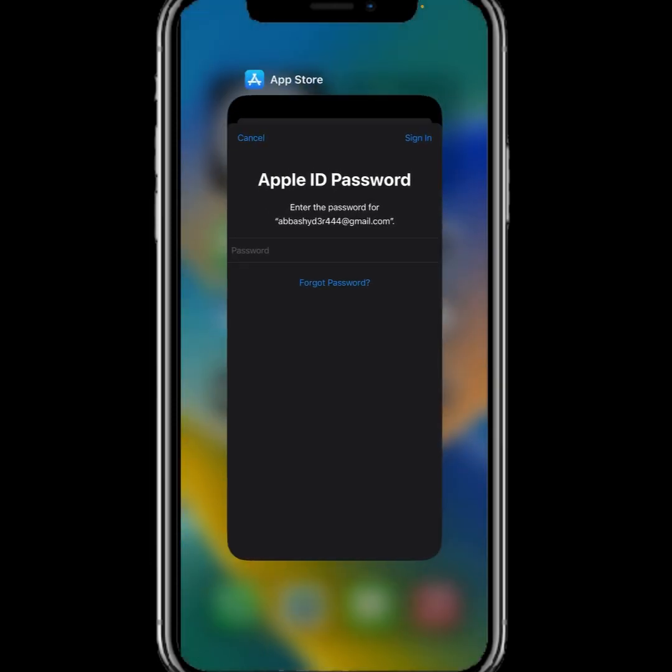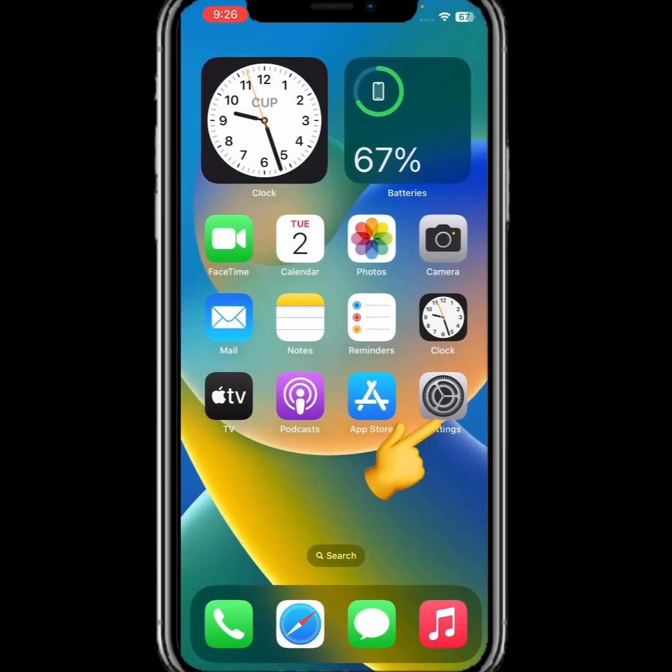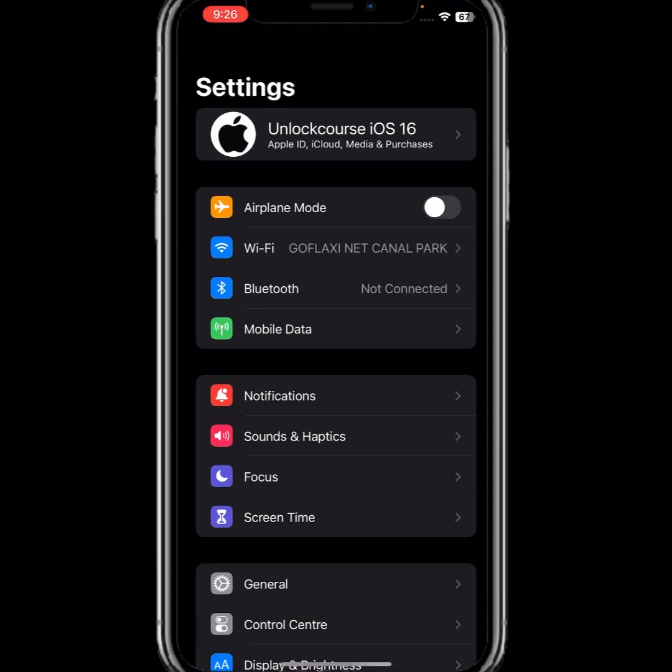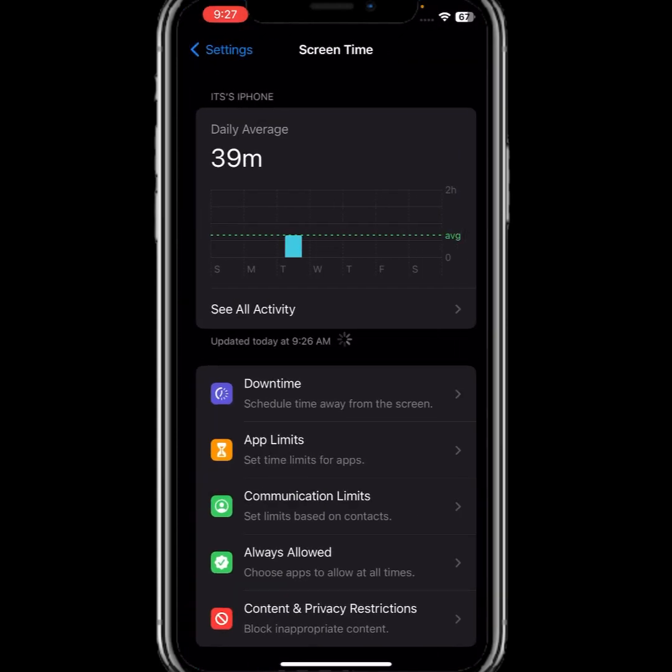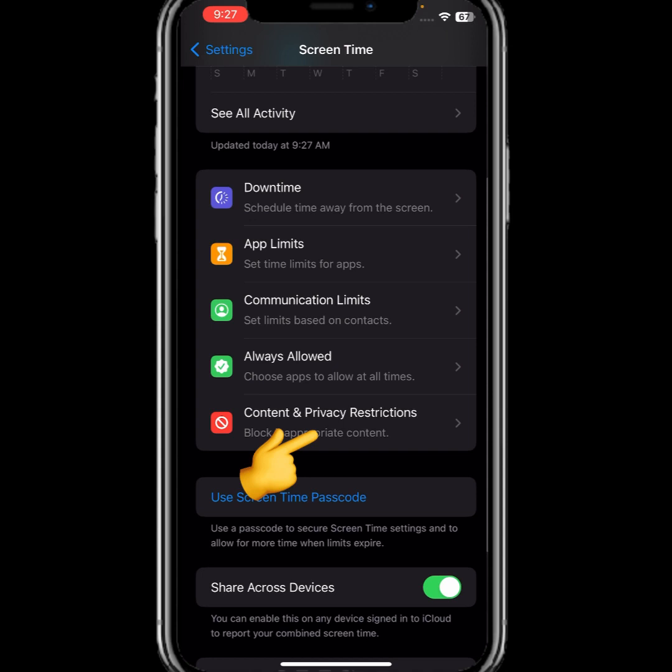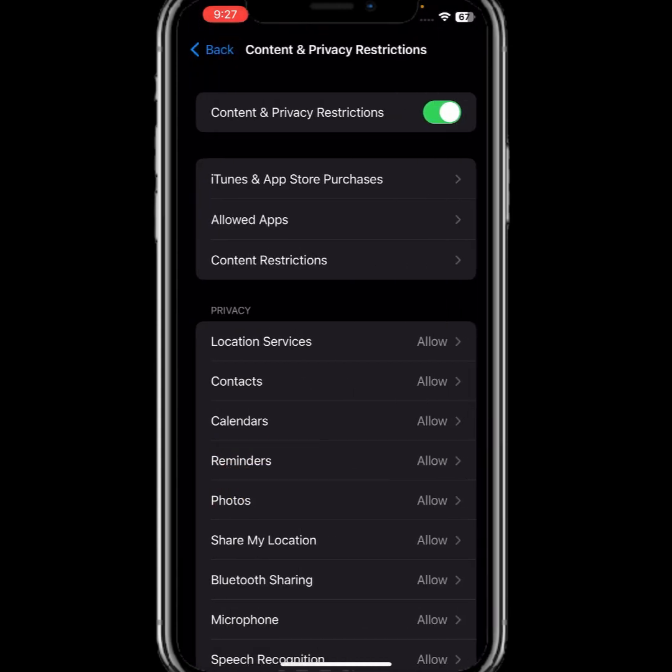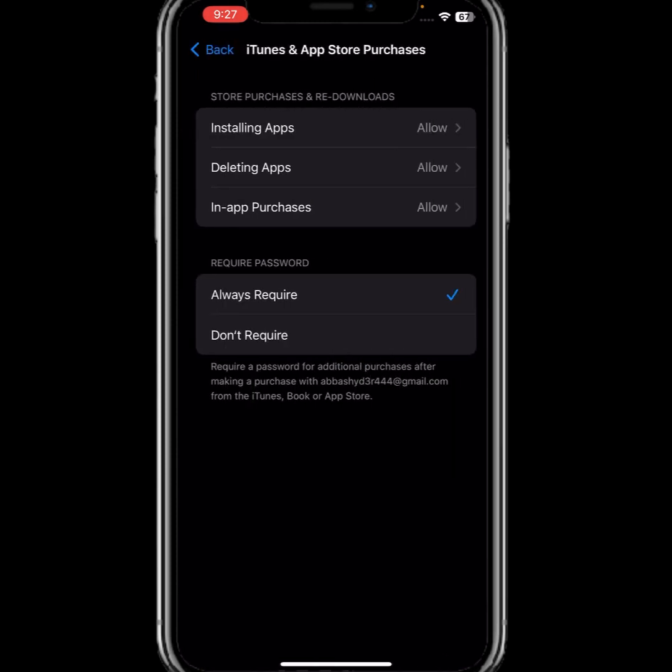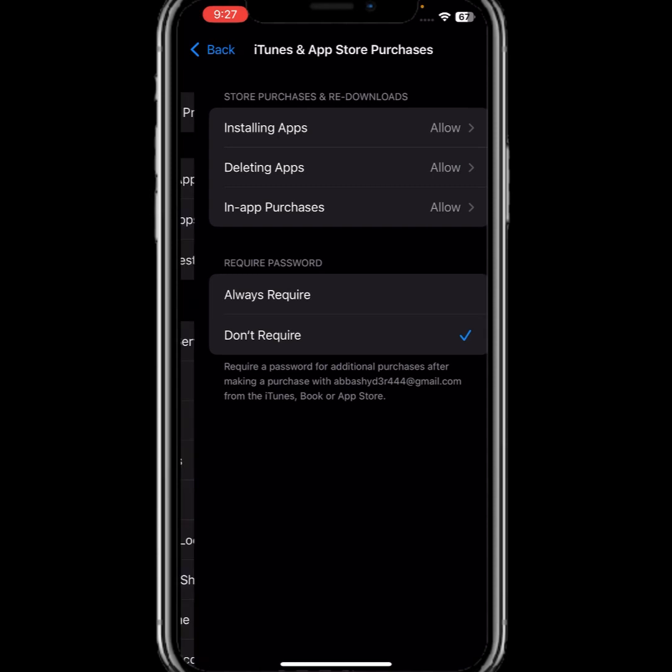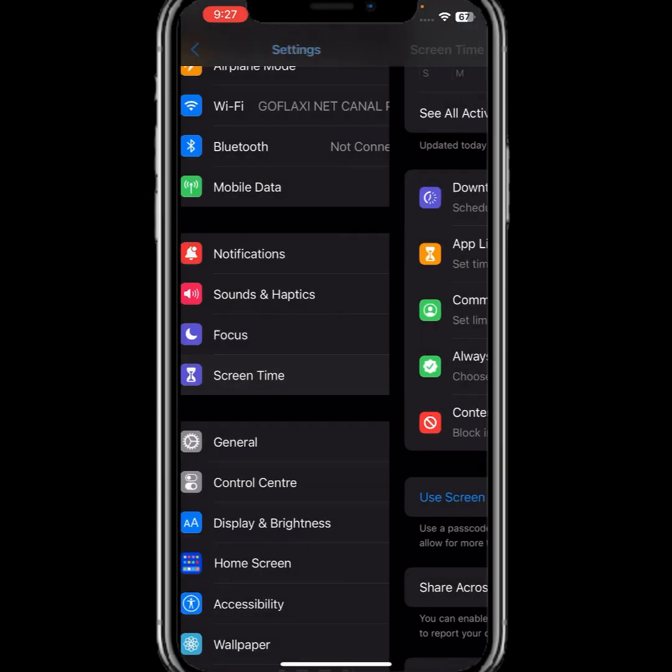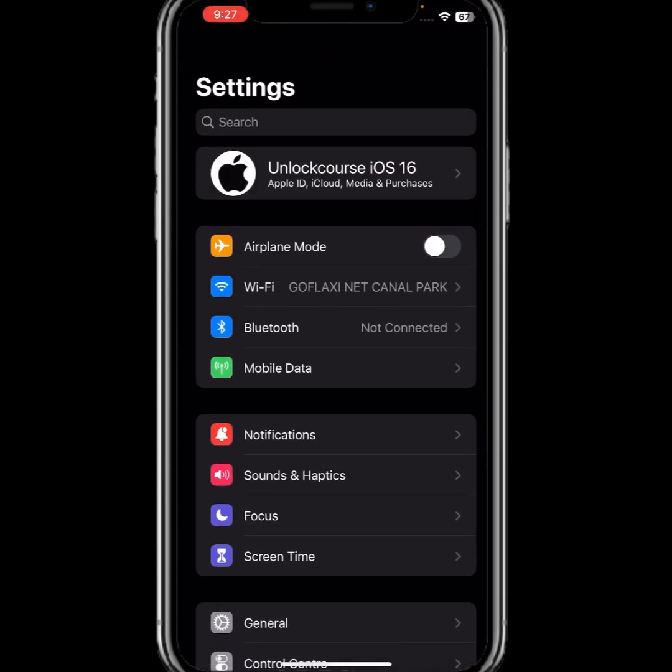First of all, go back to your home screen and open your Settings and tap on Screen Time. From here you scroll down and tap on Content and Privacy Restrictions, and from here you tap on iTunes and App Store Purchases. As you can see, it shows Require Password with two options, Always Require and Don't Require. You make sure that you select Don't Require, and after that go back to the home screen and tap on Apple ID